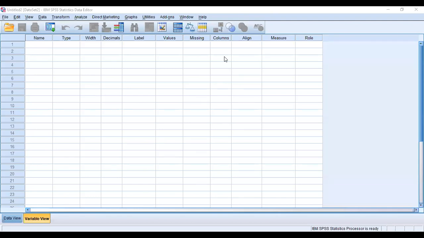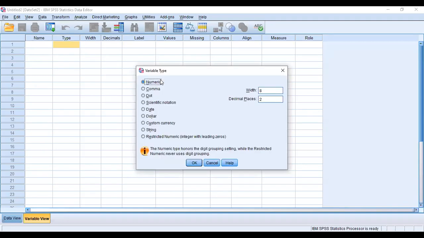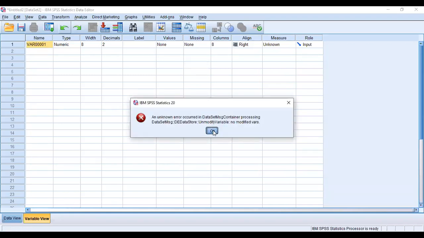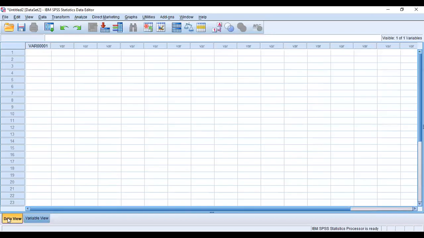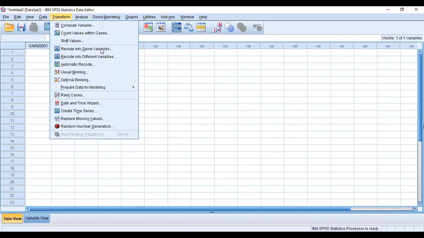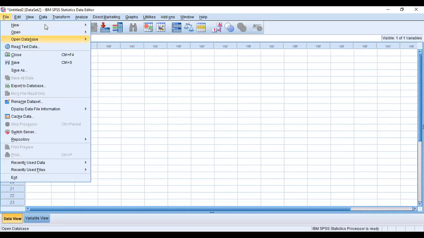Okay, thank you. So this is your variable view where you enter the variables. You can enter the types. Again, we will go on to the types. You can see there are different types of variable. All of this we will come back to a little later. So this is the variable view. This is your data view. Now we can look at the output view. We will look into the output view a little later.